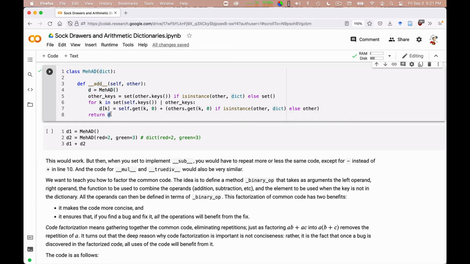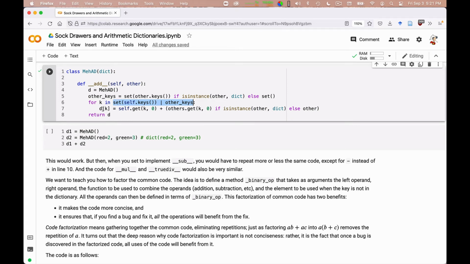And then I have a problem, that on the right-hand side, I either have a dictionary or I have a constant. So I say the keys of the other dictionary are either really the set of keys if the other one is a dictionary, or else it's an empty set because there are no keys on the right-hand side if it's a constant. In this way, I can compute the total set of keys as the union of the set of keys of the left and right-hand sides.